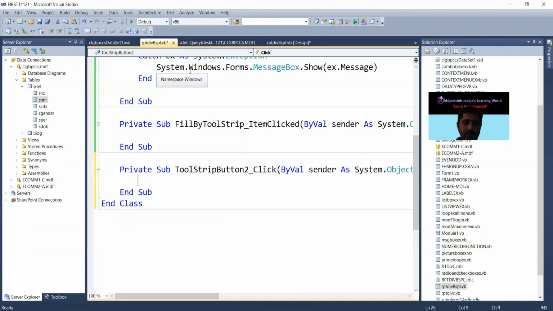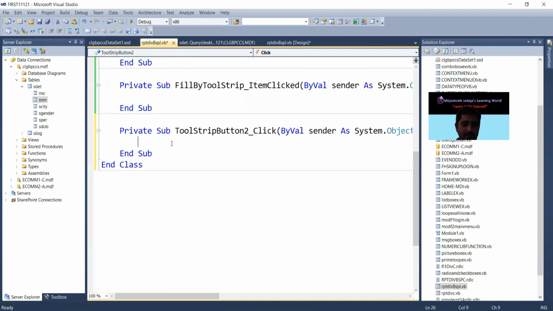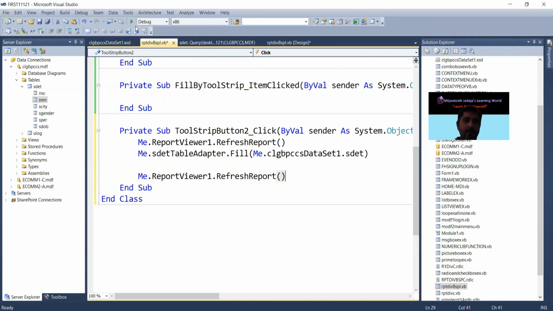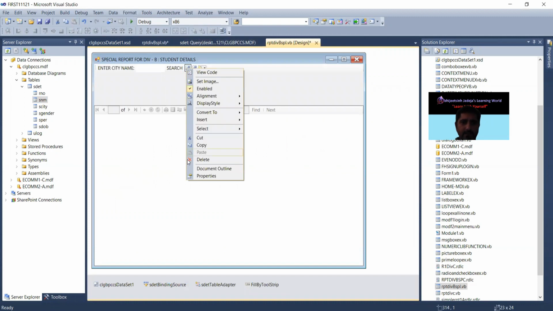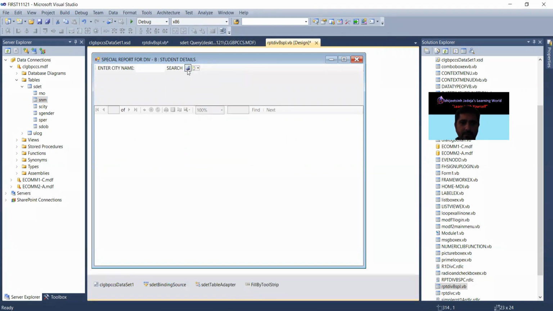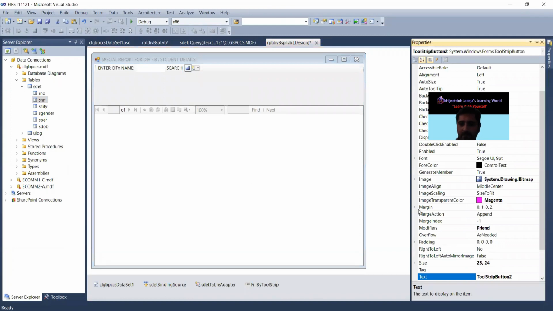I click on this button and in the load event, whatever is written, because at form load all records are coming, Control V. I go there. This button is nothing, so I delete this button. This button I want, so property, button 2, show all, and I run.